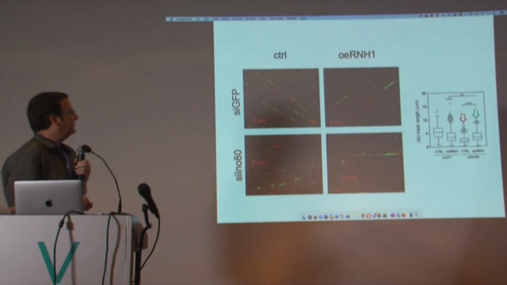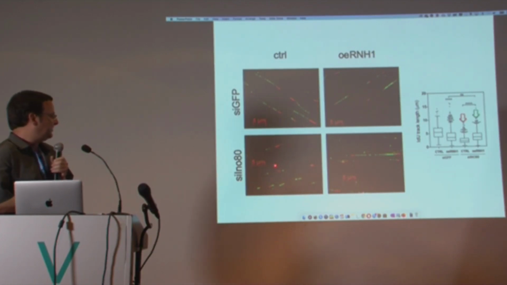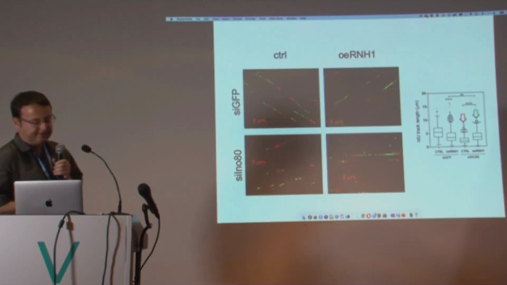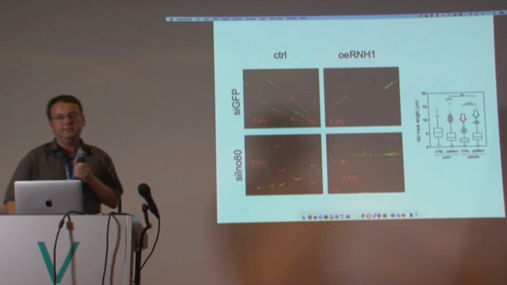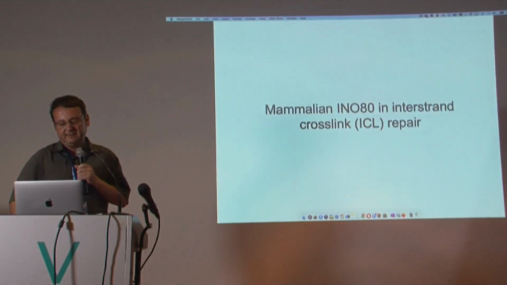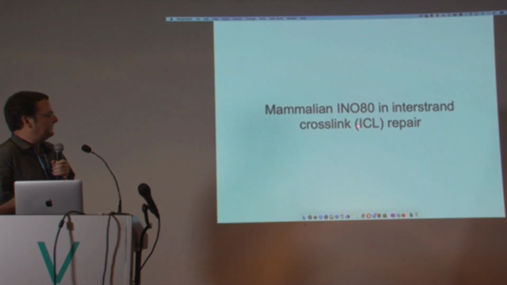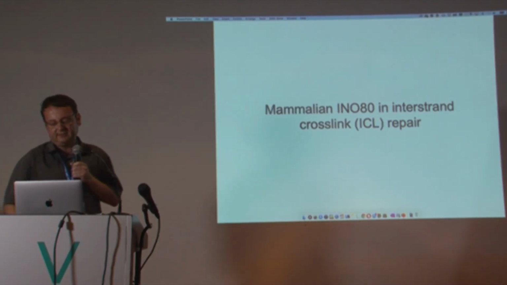Also, we could partially rescue the replication defect in INO80 depleted cells by overexpressing RNase H1, which is also in line with our thinking, but this is still preliminary stuff, so I'll switch to another aspect of mammalian INO80's role in the maintenance of genome stability during S phase, and that is its role